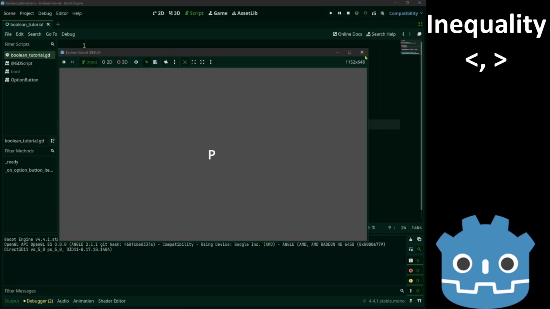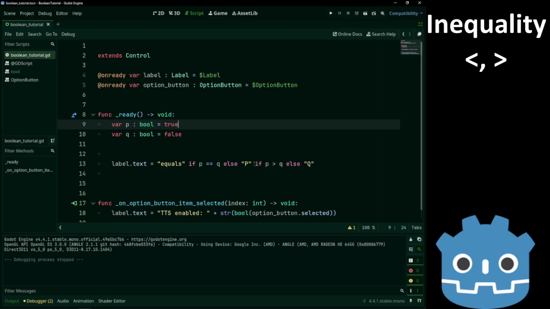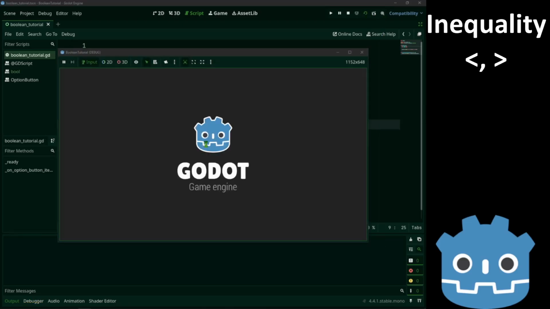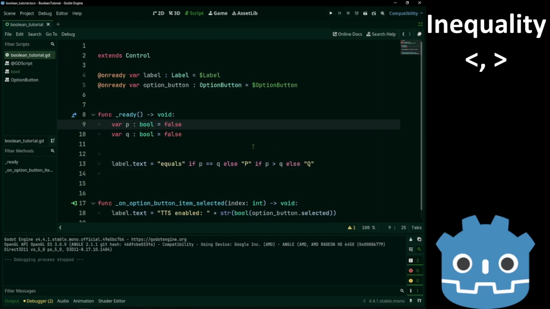And now we get P. And if both are false, they're equals.